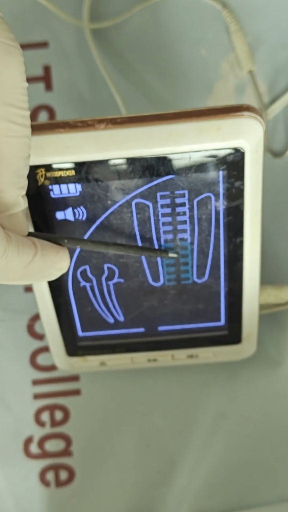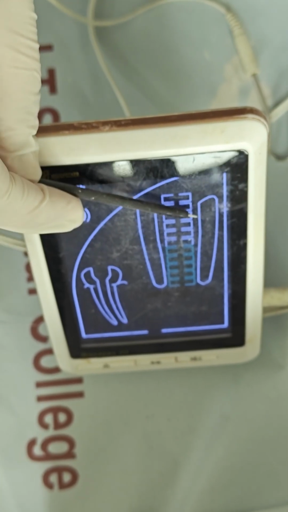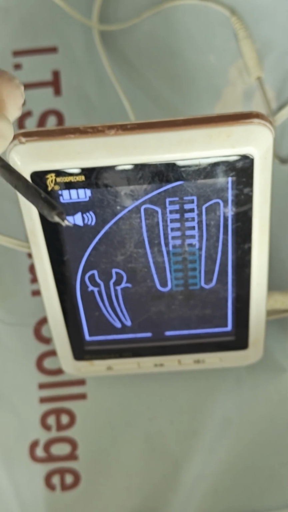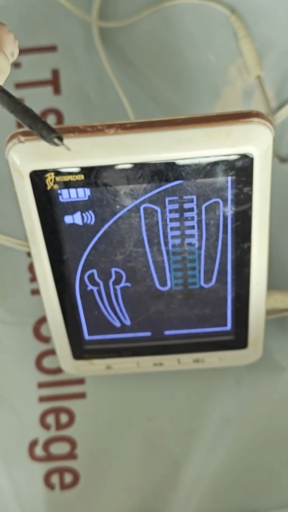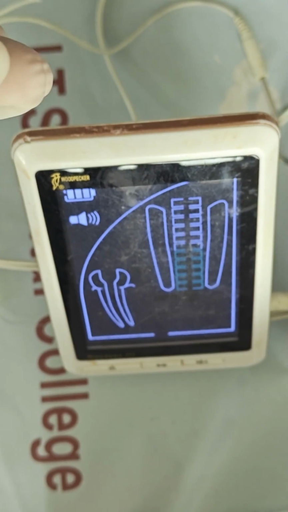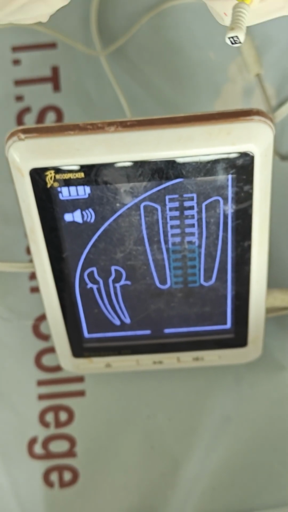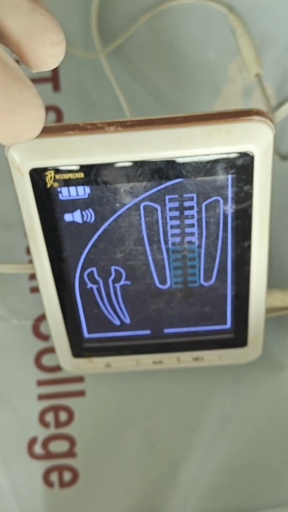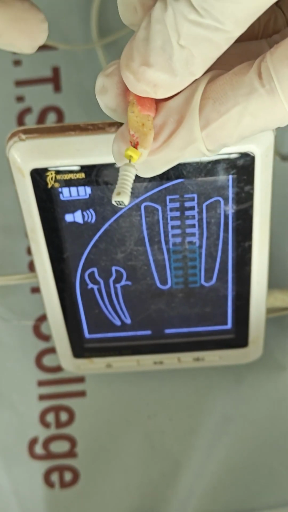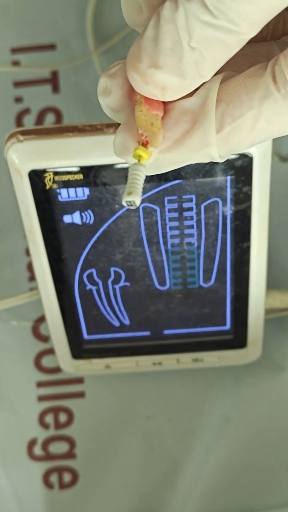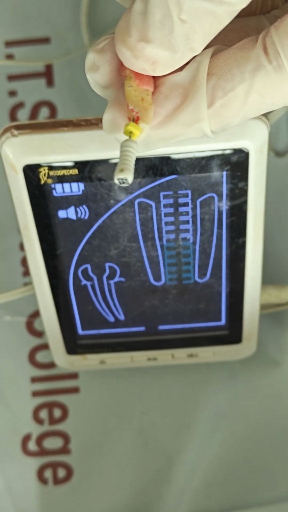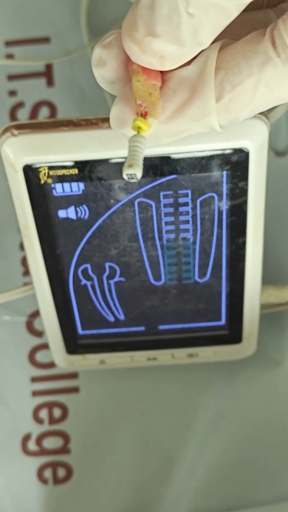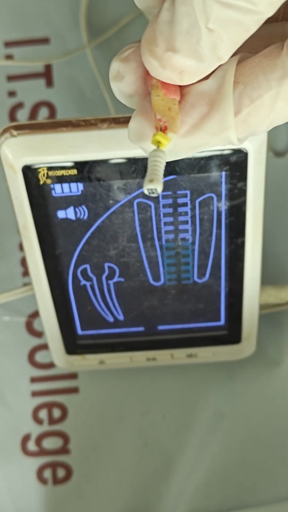This apex locator is a very good indicator of your working length, and it will also help to save your time, as you do not have to take unnecessary radiographs of the same patient. So during working, you get an initial idea about your working length, then you can conveniently go for your shaping and cleaning. Choice of the technique depends on you again, whether you want to go for the ProTaper technique or lateral compaction. Again, it all depends on the initial binding file, and the obturation technique is almost the same.